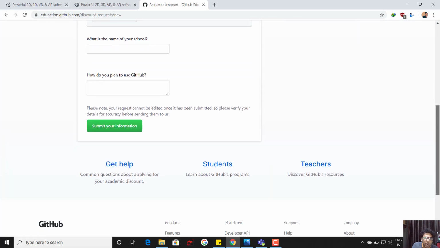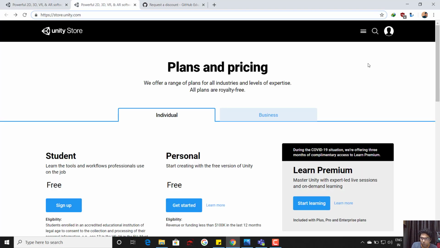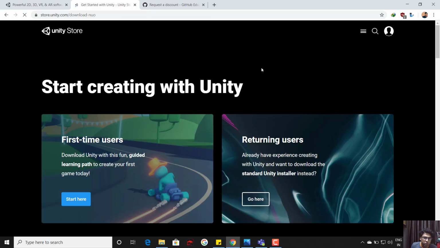You may add your email ID, maybe some sort of school, and password. They may ask you for some sort of proof, such as transcripts or maybe an ID card, and they will certainly take some proof to identify you. Maybe within 1 month or within a few hours they are going to respond to you, right? So in case you want to obtain that particular license, then go for the sign up. Otherwise, click on Get Started, free personal edition. Once you go over there, it will redirect you to store.unity.com/download. So you can start over here.